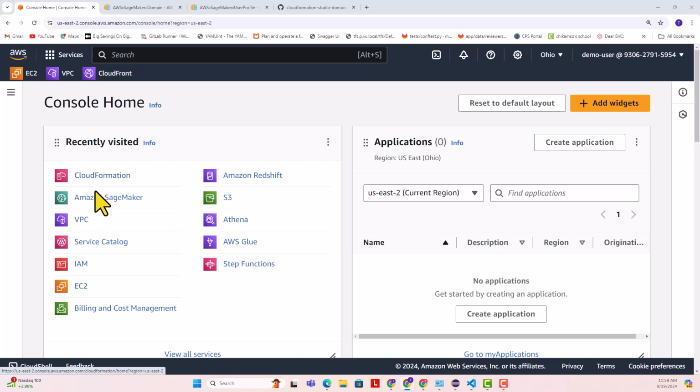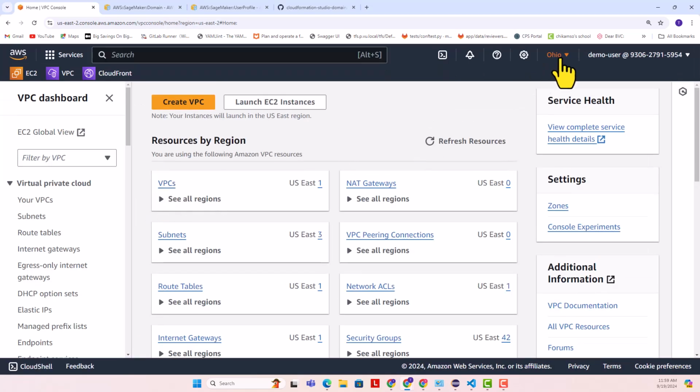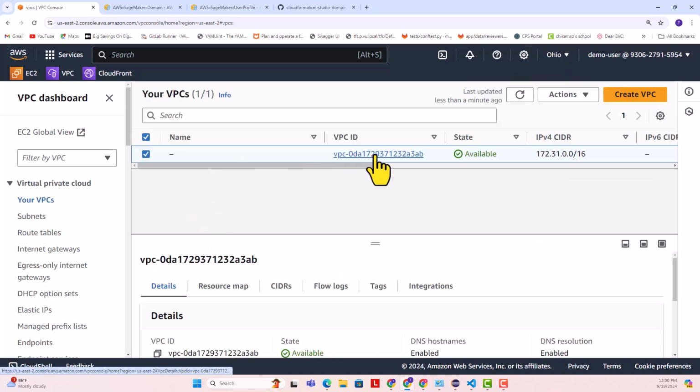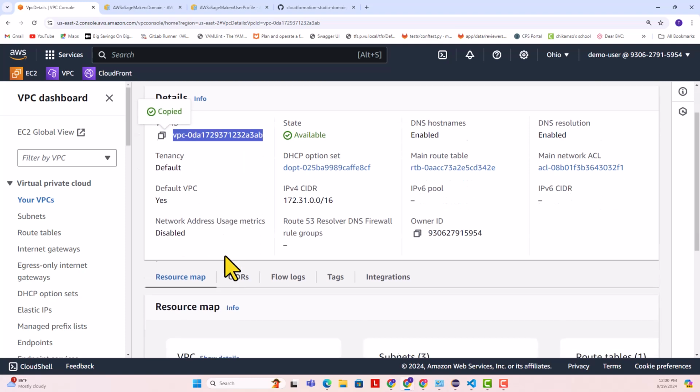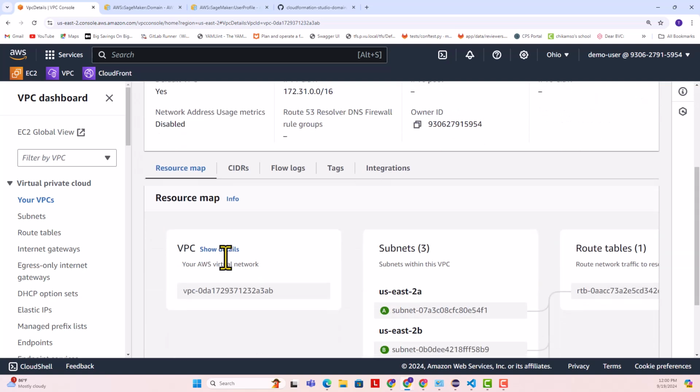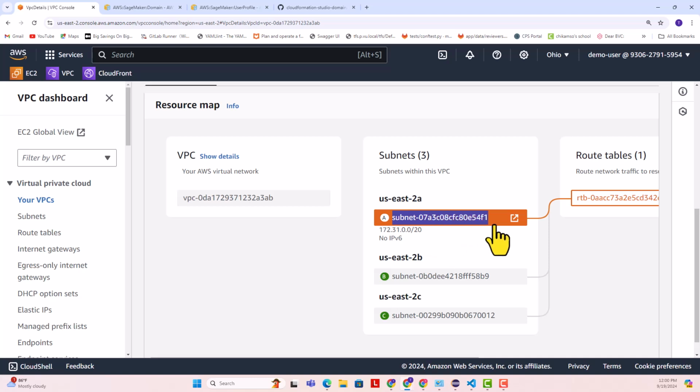Now let's go to VPC, and recall I'm in the Ohio region, so I'll click on this, and this is my default VPC. When you click on it, you can retrieve the VPC ID, which is my default VPC ID. And if you are also interested in the subnets under this VPC, you can select one of these IDs or more if you want your domain to utilize more than one subnet. Now let's head back